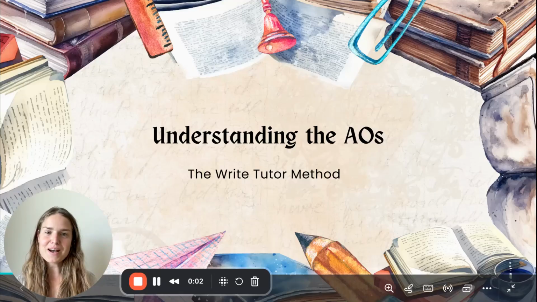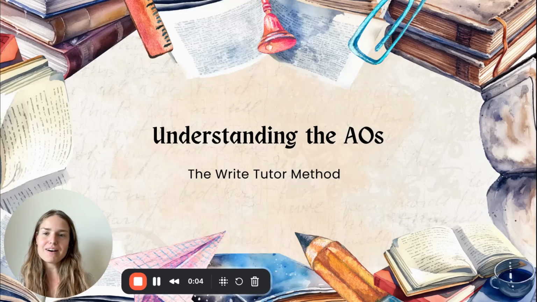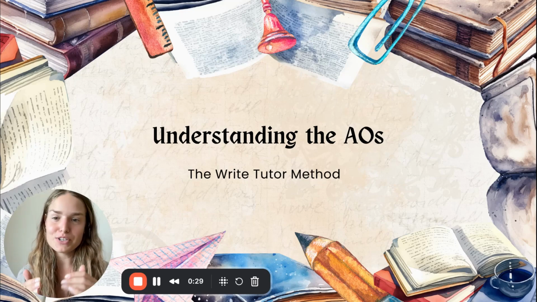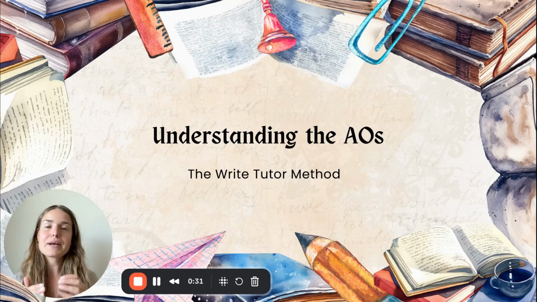Hey, so I'm here recording today to talk about understanding the AOs. These are the assessment objectives that are really central to understanding how to craft essays that get marks for AQA, Edexcel, and OCR exam boards in particular. Understanding the AOs is something that each student should do as one of the first things they do when they're starting to revise for their exams,